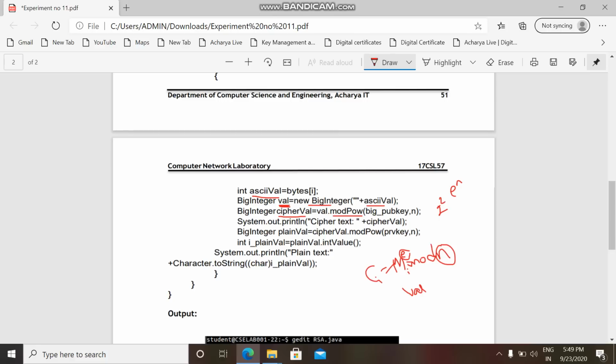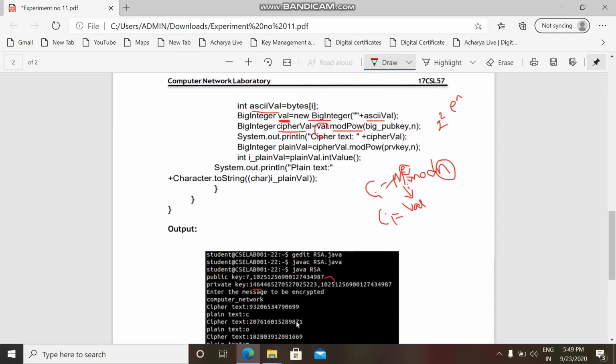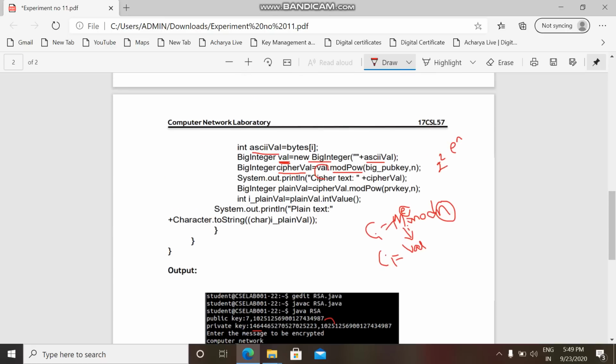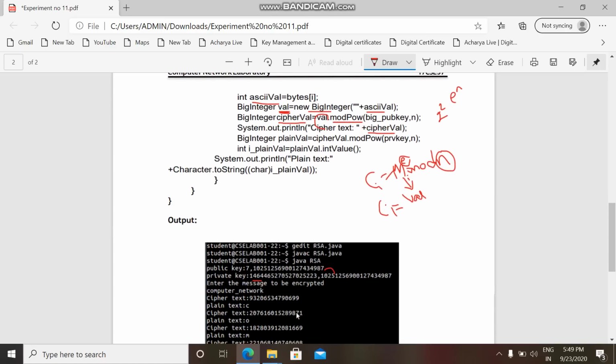So modPow with the public key, which is e comma n, is done on value, which is mi. So I get the corresponding ciphertext value for the character C. Once you get the ciphertext value, we simply print it. If you can see, the ciphertext value is printed.